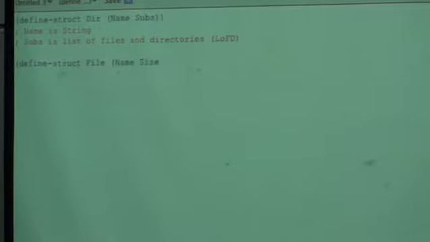We decided to have size and content of the file. So now make sure how name is represented. Name, let's say again, string. Size will be a number, and it represents size in, let's say, kilobytes. In case, you could come up with something other than that. And how about content? Content is,